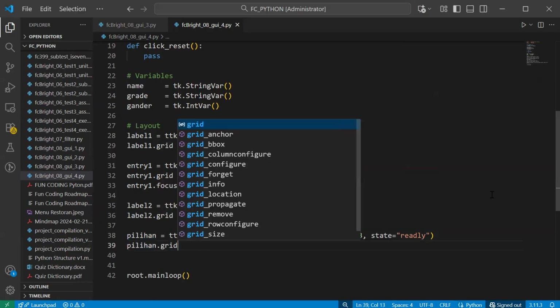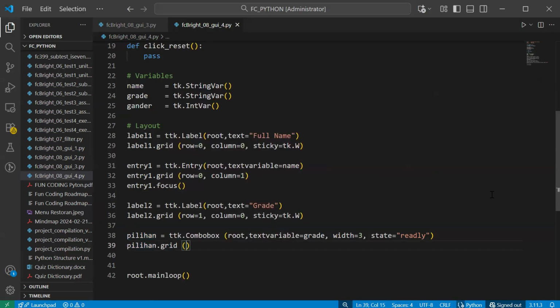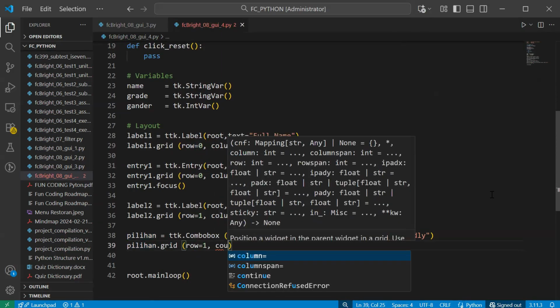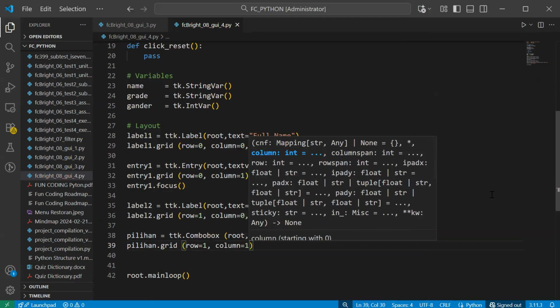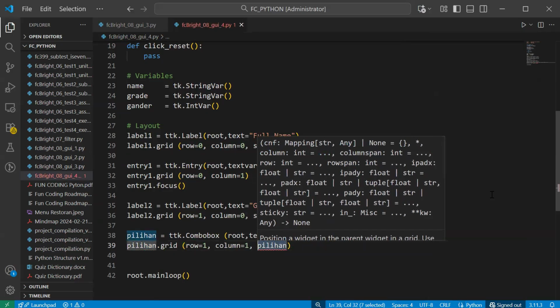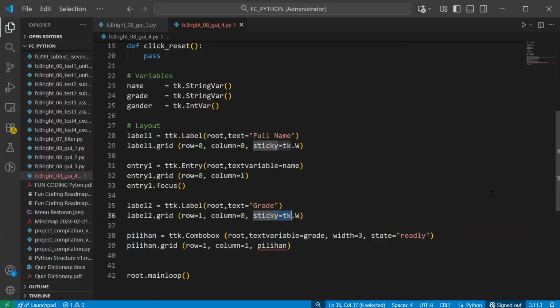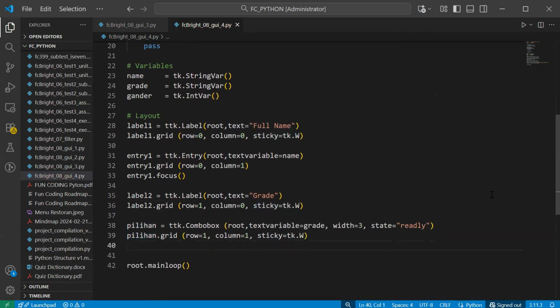Okay, so this pilihan you put into the grid. The grid you set the row as 1, and then the column value 1. You can put it at row 1, column 1, and the sticky again. But this is not enough, since you have to put the value because combo box is a drop down.